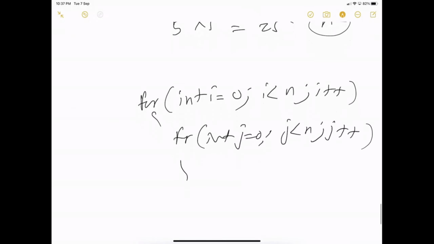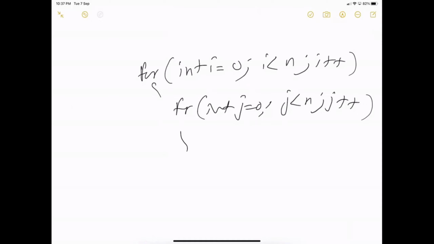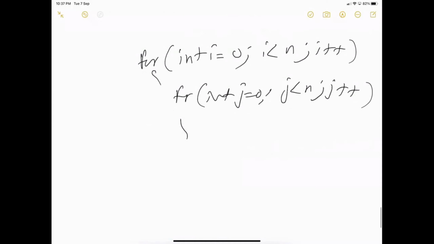Okay, first, what will happen? This is important to understand, even how loops work. First, what will be the value of i and j? And here I am just printing i and j. This is not any programming language, so consider this as pseudocode. So what will be the value that will be printed first in this case?